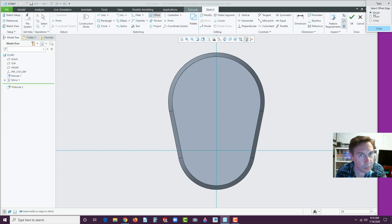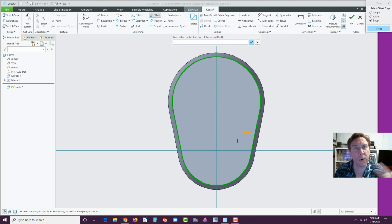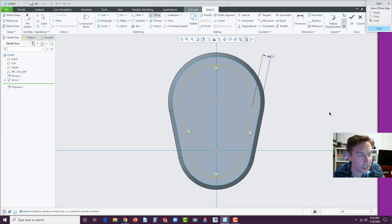And you'll see the type: single, chain, and loop. Go ahead and select loop, and then you could just select the whole face. And hopefully the arrow is pointing inward. You see that arrow. If it's not, you have to type in a negative number here. But if it's pointing inward, we don't need to. We just type 0.125 and hit enter, and you'll see now